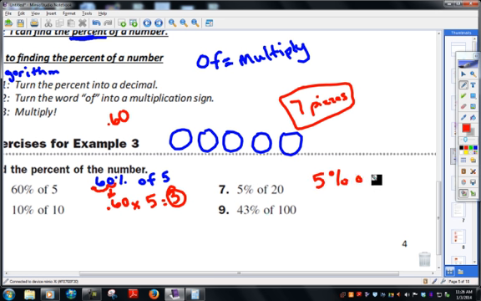5% of 20. Now, everybody stop. Take about 10 seconds, and I want you just to make a prediction of what you think the answer might be. Okay, my ballpark guess, I'm just going to go out on a limb, and I'm going to say, okay, I